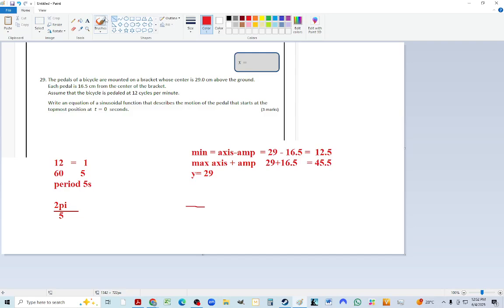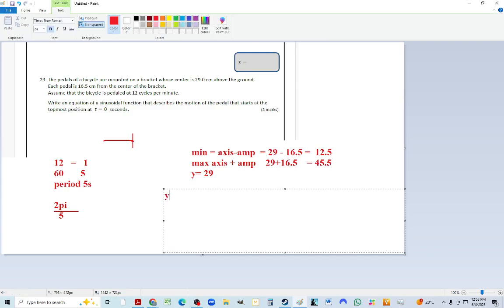Sometimes they even throw in another thing like he starts pedaling 3 seconds later. In other words, the sine curve is translated 3 to the right and has to start there. So watch out for that as well. But they didn't. So now I have all the information I need to construct this. Y is equal to A. Now also be aware of when we start pedaling,